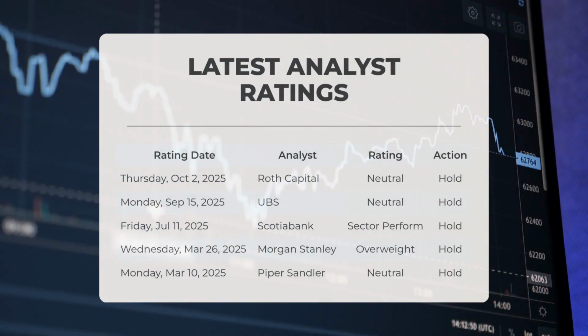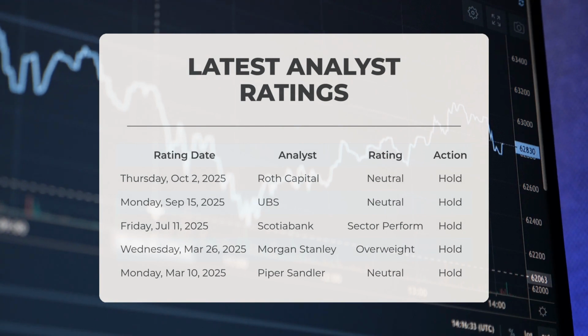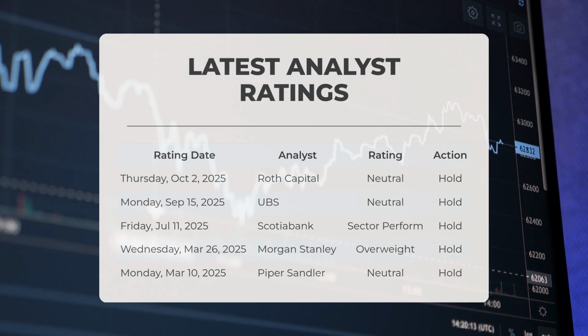Analyst ratings. On Thursday, the 2nd of October, 2025, it was reported that Roth Capital gave Occidental Petroleum a neutral grade with a hold action. On Monday, the 15th of September, 2025, it was reported that UBS gave Occidental Petroleum a neutral grade with a hold action. On Friday, the 11th of July,